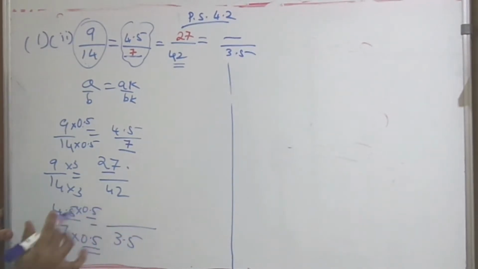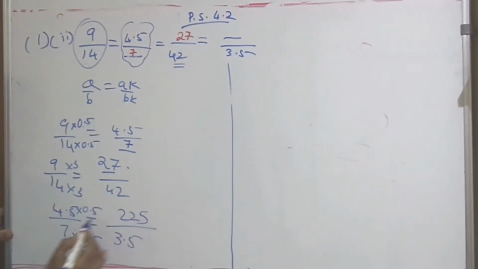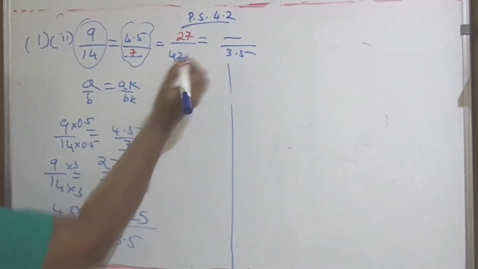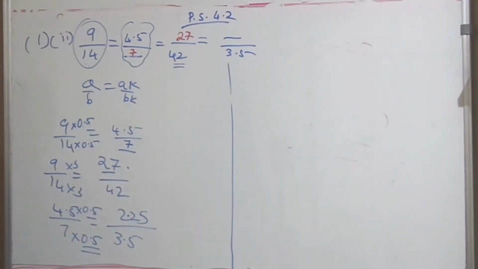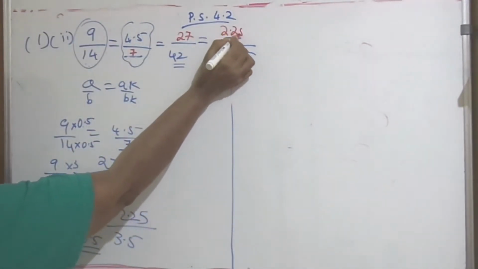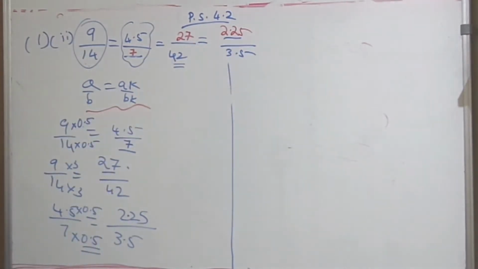So let me multiply. 5 5s are 25, carry 2, 5 5s are 25 and 2 is 27. A decimal point I have put, 2.25. So let me carry it up, 2.25. So we have used this property, multiplying the same number upper and lower, to get the new ratios. Is it clear? Question number 1, the first one is for homework. Whenever you want to write, now pause the video and write it down.